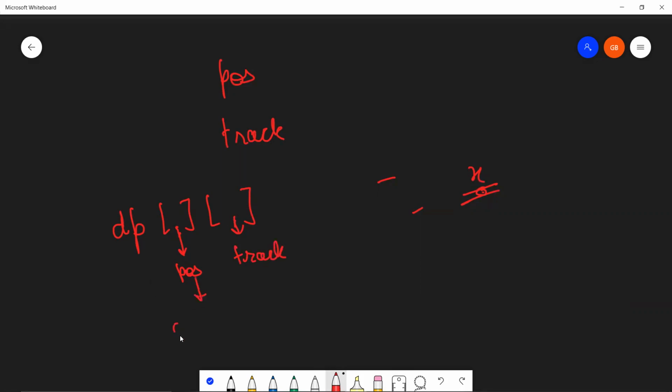Now this position can range from 0 till n plus 1, and this track can range from 1 to 3 because there are only 3 tracks. Since the indexing is 0-based by default, our dimensions for DP will be n plus 1, comma 4.